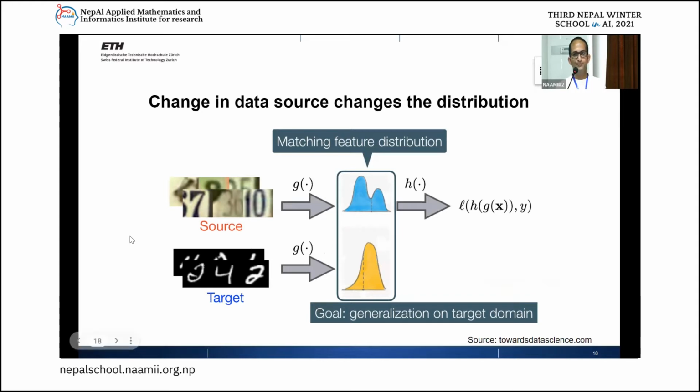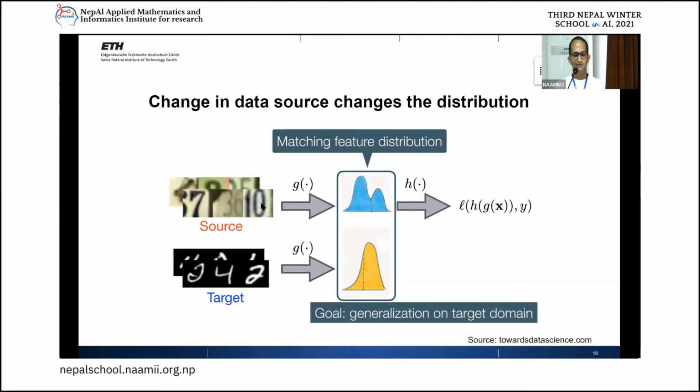Okay, so you must have already classified MNIST digits, right? And also even generated MNIST digits in one of your mini projects. So if you extract the features of these digits, then they will form some form of distribution, right? And if you just take the MNIST test data and make the inference, your accuracy is going to be 99%. Voila, the problem is solved. But if you take any digits from, let's say, street signs or number plates and so on, and pass them to the same model,